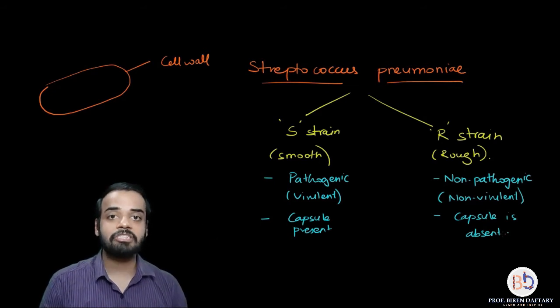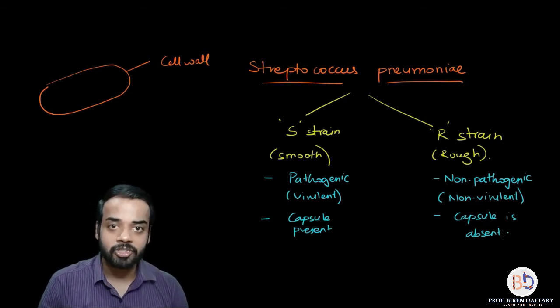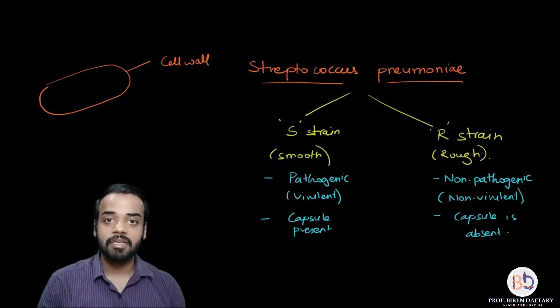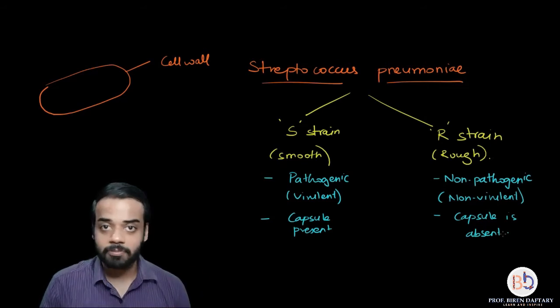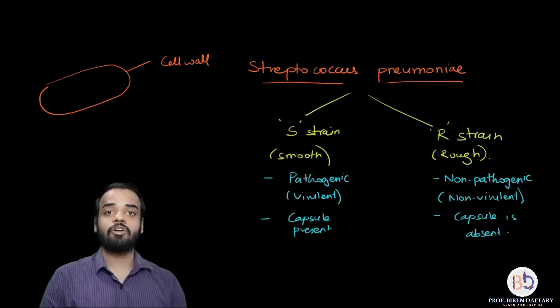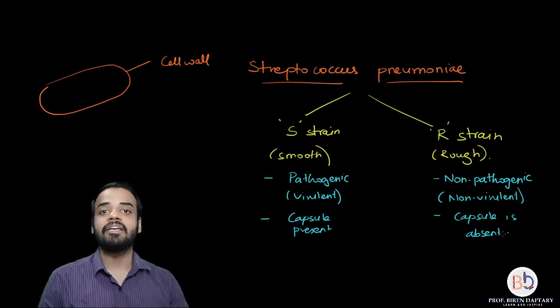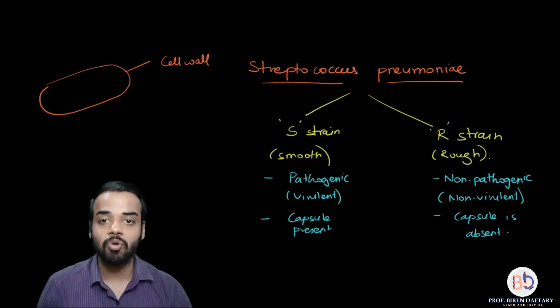So the experiments were conducted using these two strains of Streptococcus pneumoniae or Diplococcus pneumoniae, and these experiments are called Griffith's experiments on transformation. Correct? Now Griffith did not know what to expect from these experiments. So let us see what the steps were. For these experiments he did not use humans, instead he used mice. He injected different combinations of strains of Streptococcus in these mice to see how they reacted to the bacterium. So let us go to that part.